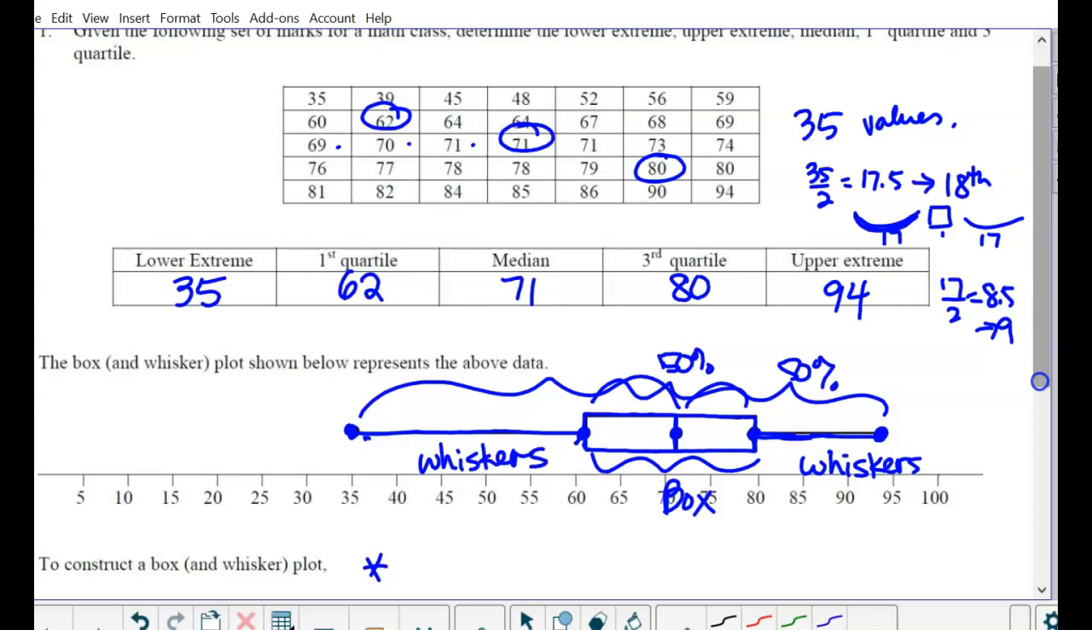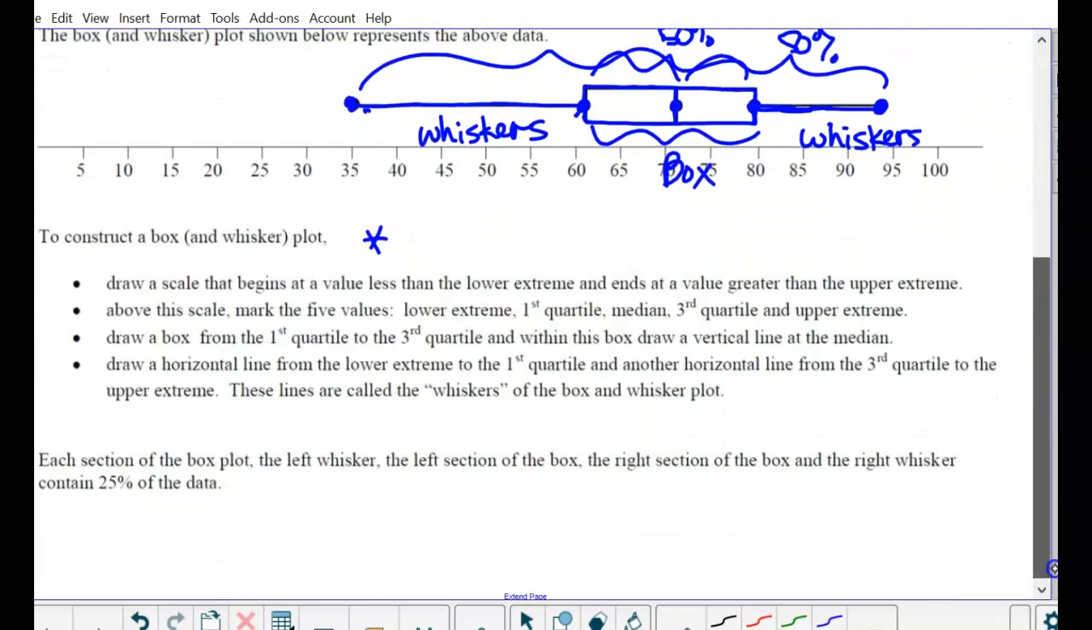Each section of the box plot at the very bottom, it says: the left whisker, the left section of the box, the right section of the box, and the right whisker each make up 25% of the data. That's what I just talked about. Okay, so